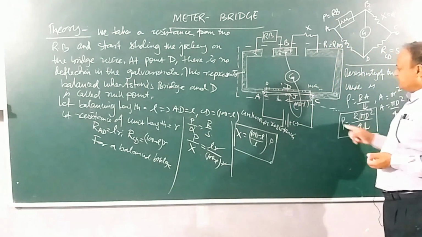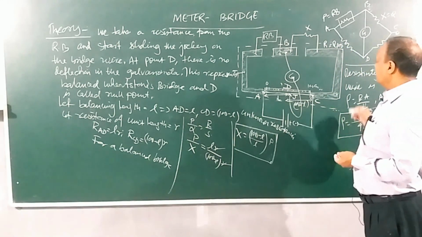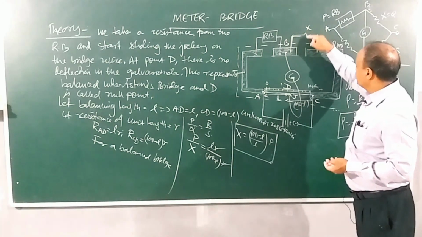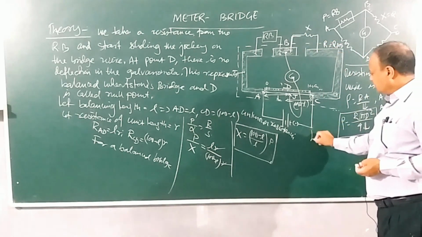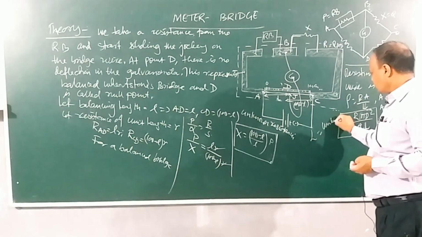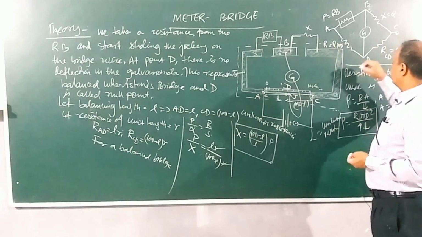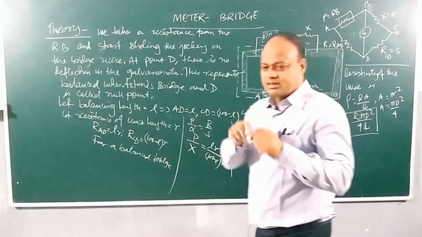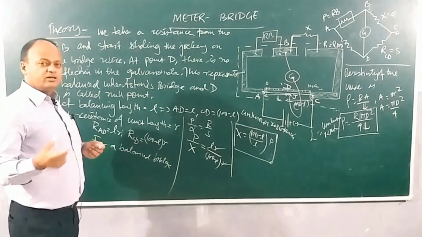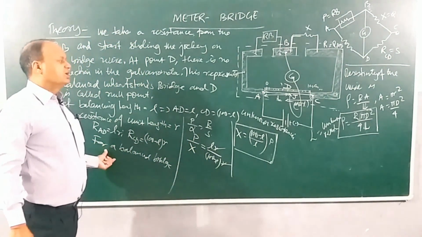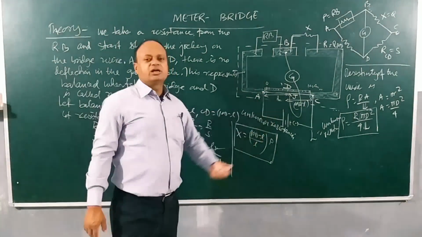The total length of the wire AC is taken as capital L. In our experiment, this L and this L are different, and the resistance of this unknown wire which I am putting is how much here? L is the length of the unknown wire, unknown resistance, right? This resistance will be given in the form of a coiled resistance, a wire rolled on an insulated frame, right? So this is the meter bridge we discussed and how we can use it to find the unknown resistance, and we also learned how we can calculate the resistivity.